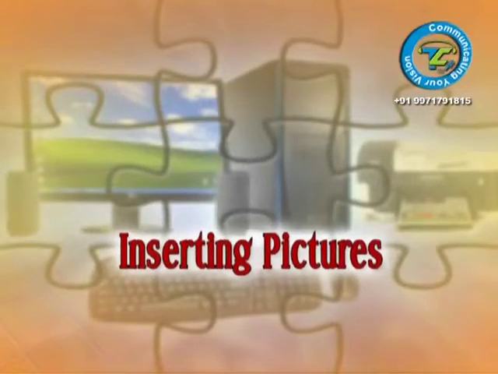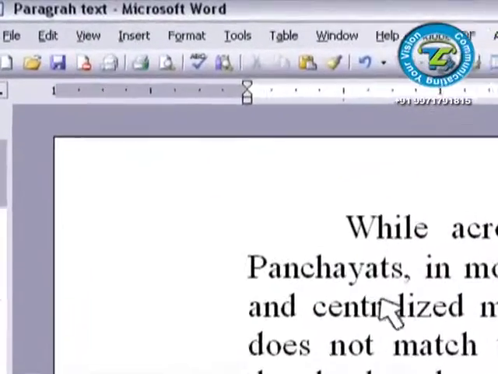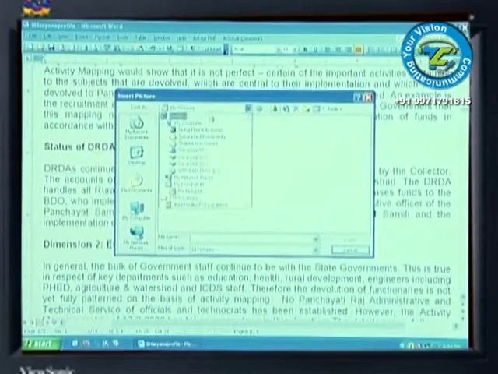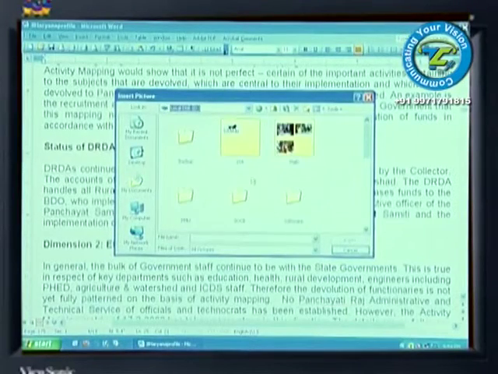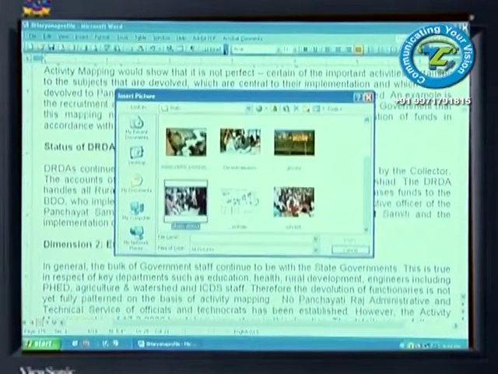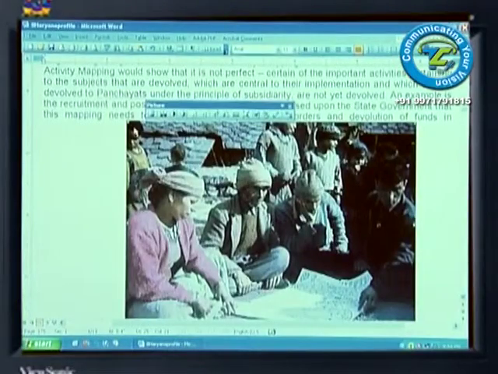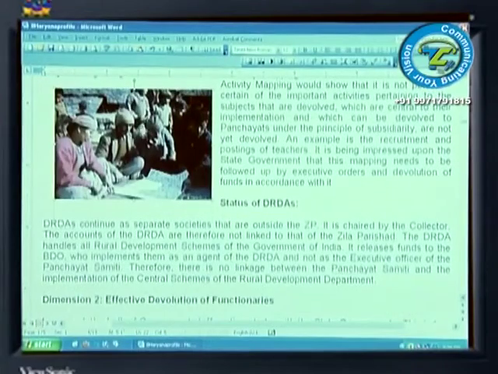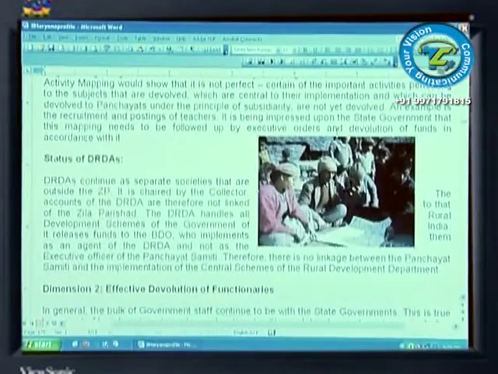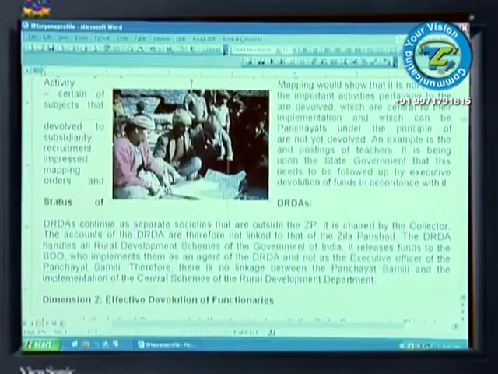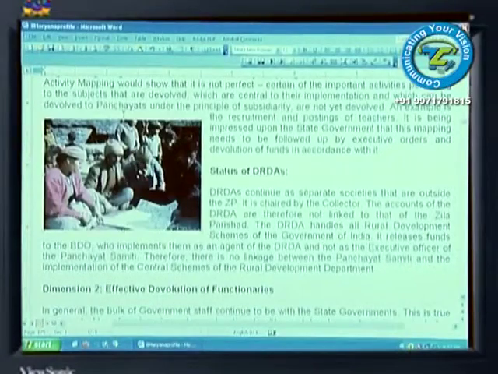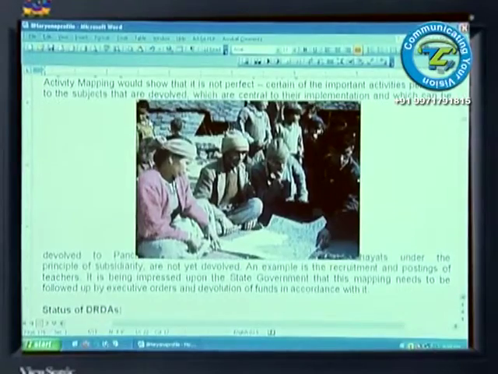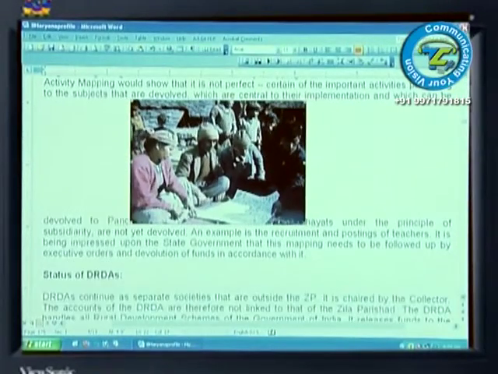Inserting pictures. Go to the Insert menu, select Picture on the sub-menu, select from File. The picture is inserted at the location of the cursor. We can move our picture by simply clicking and holding the picture. The mouse pointer will become a 4-pointed arrow and we can drag the picture to a desired location and release the mouse. Drag the pointer away from the picture to make it larger or toward the picture to make it smaller.